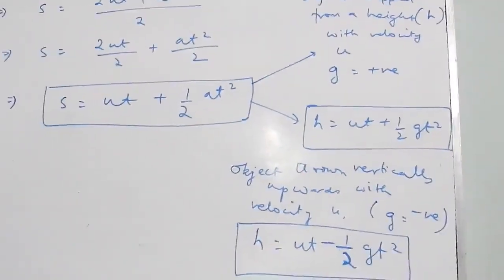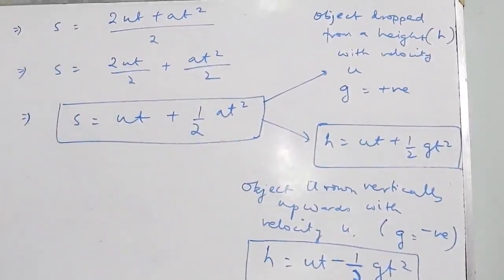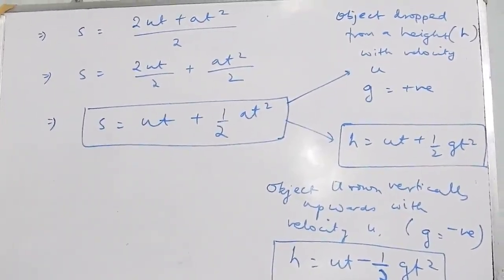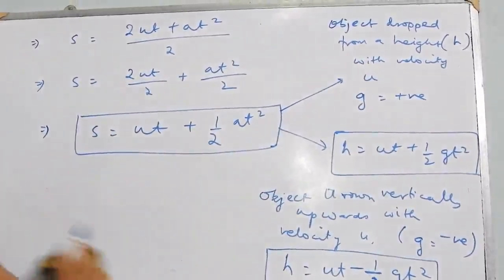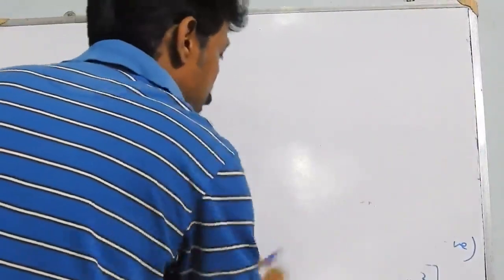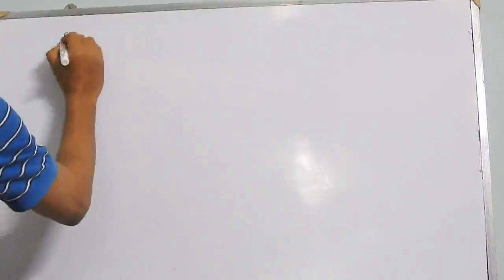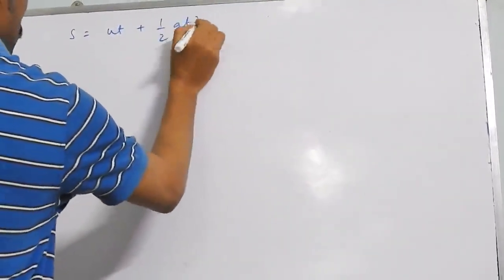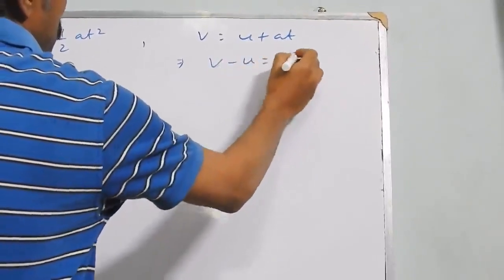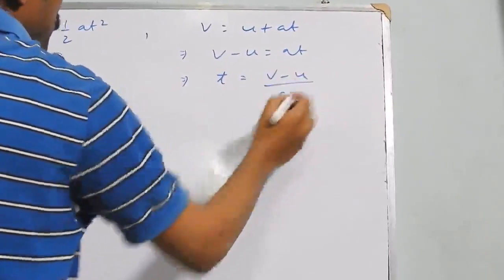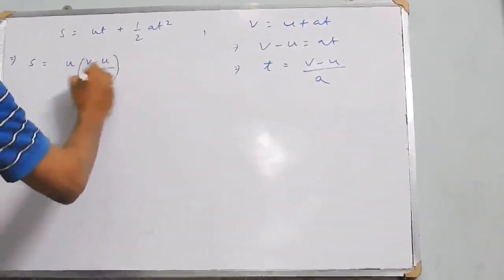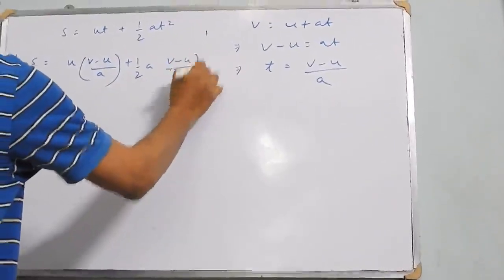Now we have to derive an equation where we will try to eliminate time. We will relate the initial velocity, the final velocity and the displacement only. So we will start with this equation and we will try to relate u, v and s by eliminating time. So we start from this equation, s equal to ut plus half at square, and we know v equal to u plus at. So we can write v minus u is at, or t equal to v minus u by a. So this we will substitute here. So what we get is u into, instead of t, v minus u by a, plus half a, v minus u by a whole square,